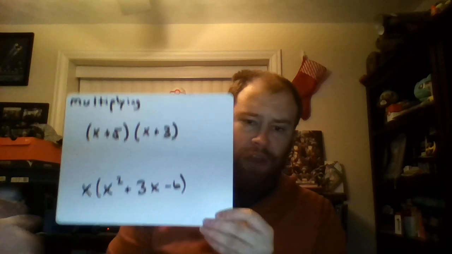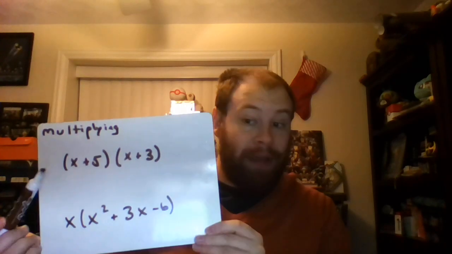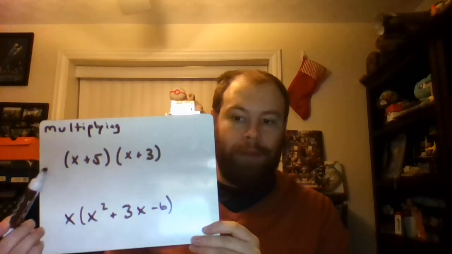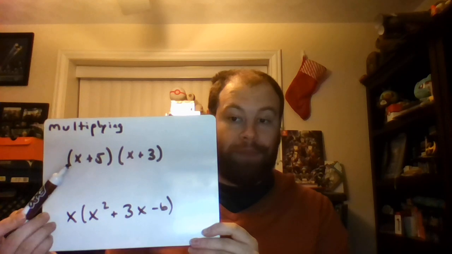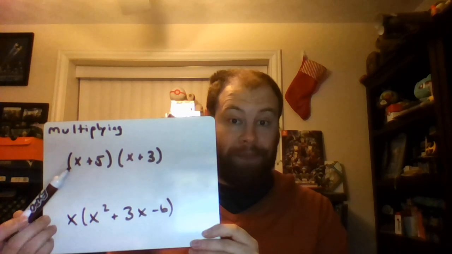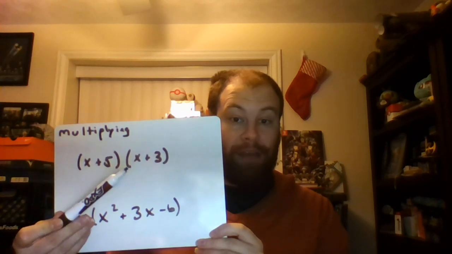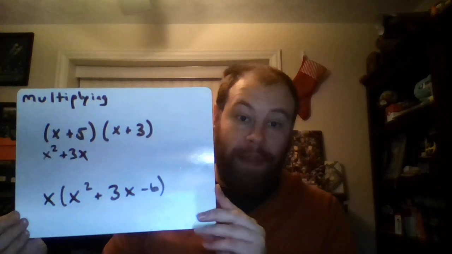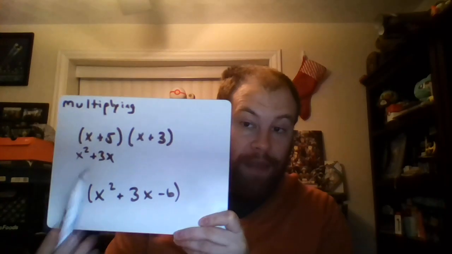So here's how this is going to work. When we're multiplying polynomials, we're going to take the first thing in the first polynomial. In this case, that's x. And we're going to multiply it by both the things in the second polynomial. So if I do that, I get x times x, which is x squared, and x times 3, which is 3x. Then the next thing we're going to do is take the next term